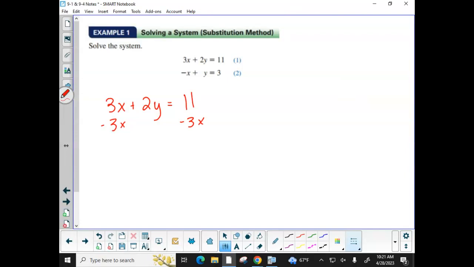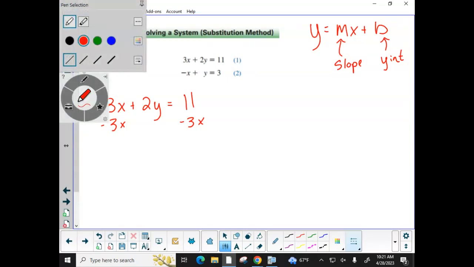In case you don't remember, the form that I've taught you that we're going to try to deal with of a linear function is y equals mx plus b, right? m is your slope and b is your y-intercept. So that might come in handy. So we want to get it in this form. So first we subtract